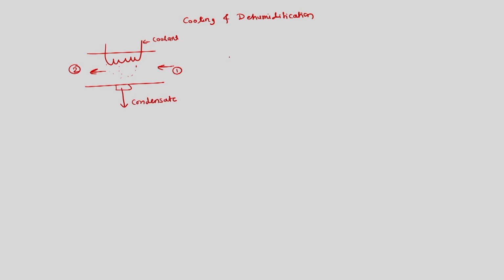So in this process we can see that if condensate is coming out, then this is dry bulb temperature, this is omega, and then we first will have a decrement of the temperature 1 to x in this coolant,